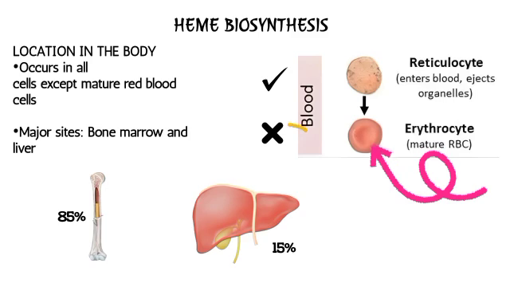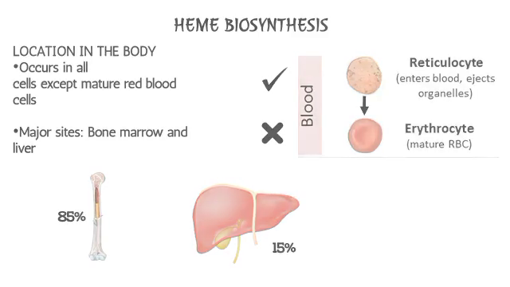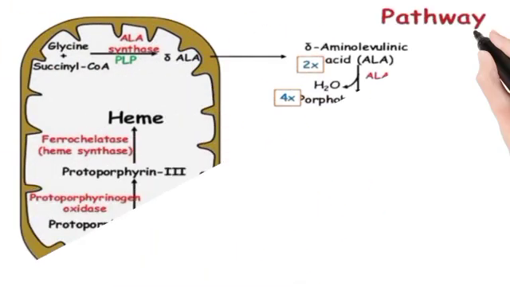produce heme. You understand? But the mature red blood cells are devoid of organelles, or devoid of a nucleus, so they don't have the ability to produce heme. Take note of this, as illustrated here. So this is a clear distinction between the kinds of red blood cells that can produce heme and those that cannot. So let's move on to the biosynthesis, or the pathway involved in the biosynthesis of